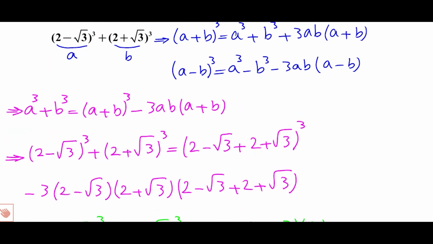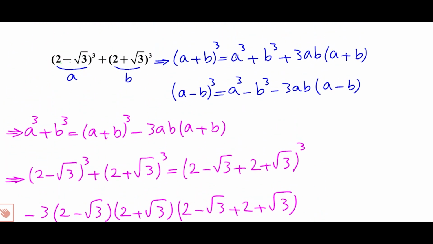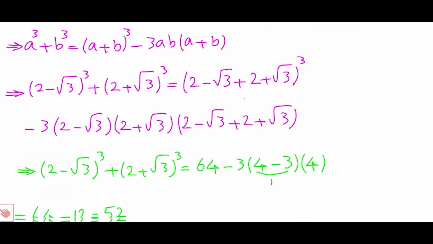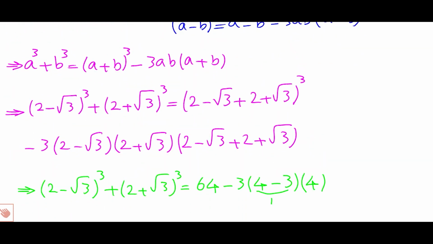So 2 minus root of 3 whole cubed plus 2 plus root of 3 whole cubed is equal to 52. Now you can write